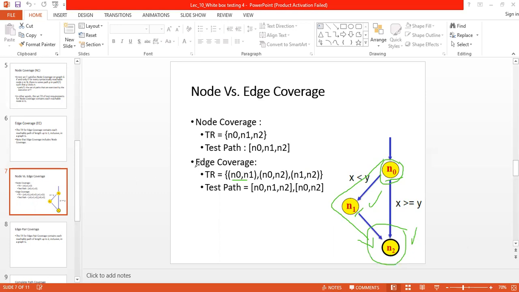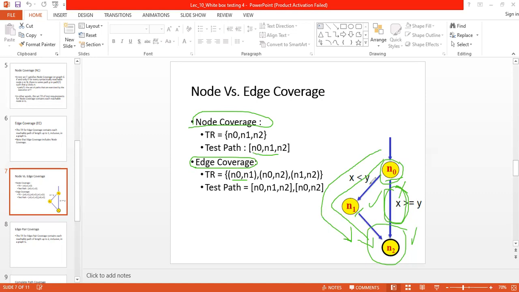right? So when it comes to this edge coverage, you can see in the node coverage, we did not consider this particular part. It's because we don't need to consider this, as this particular node can reach node 2 in a different path. It is syntactically reachable. So that's why we are only having one path.